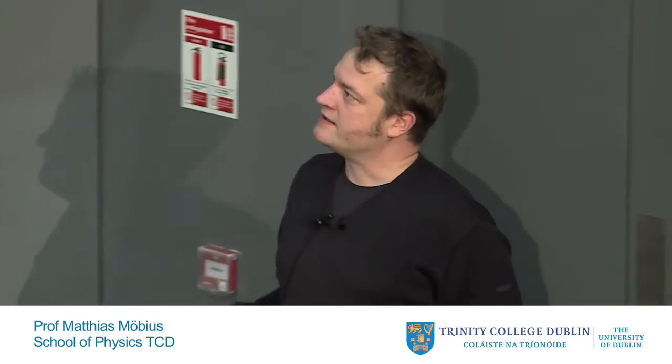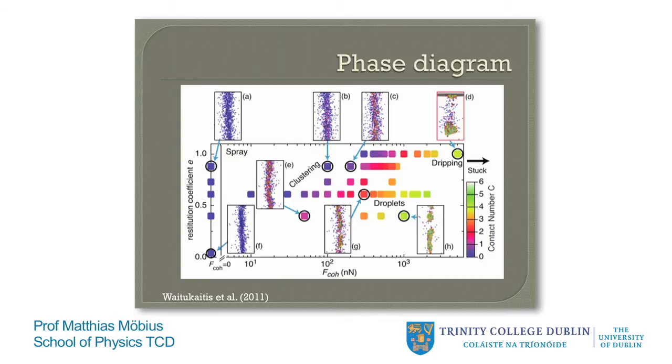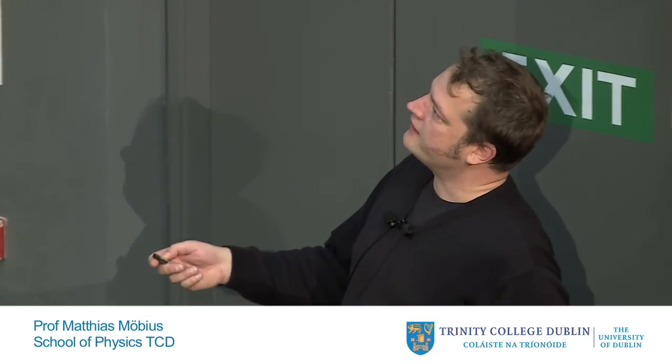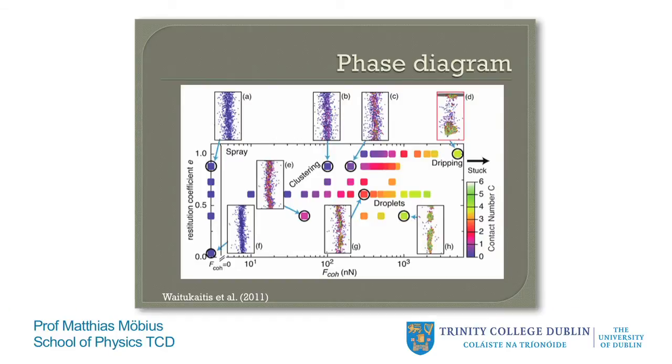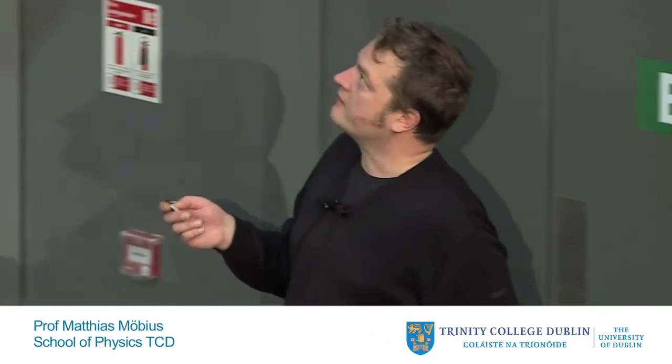And another ingredient is inelastic collisions. These collisions should also be a bit inelastic for it to occur, and then you can make a phase diagram where you can change both of these parameters, the inelastic collision, so that's the restitution coefficient, and the cohesion force. If you have a bit of cohesion and a bit of inelastic collisions, you see these droplets forming. If these collisions are very elastic, and no cohesion, you just see a granular stream. So this is a result from some simulations.